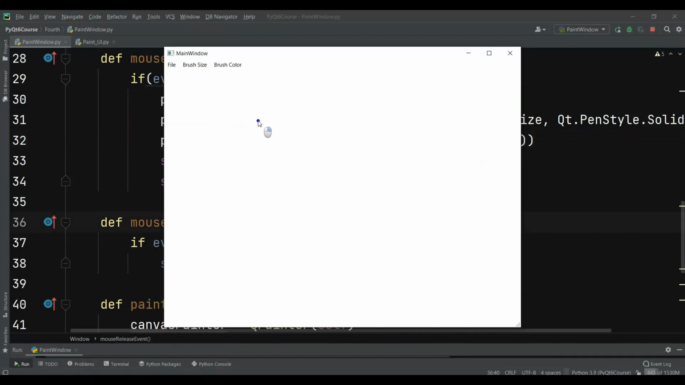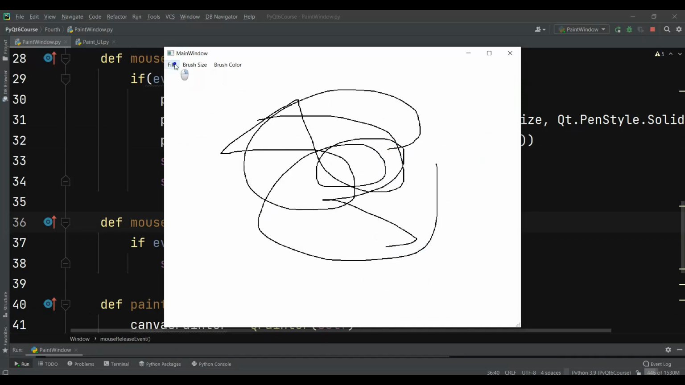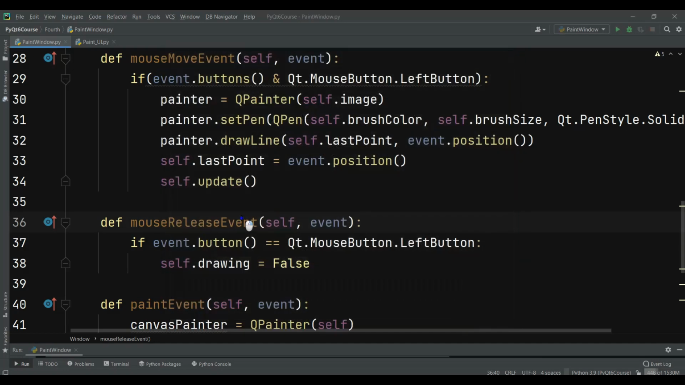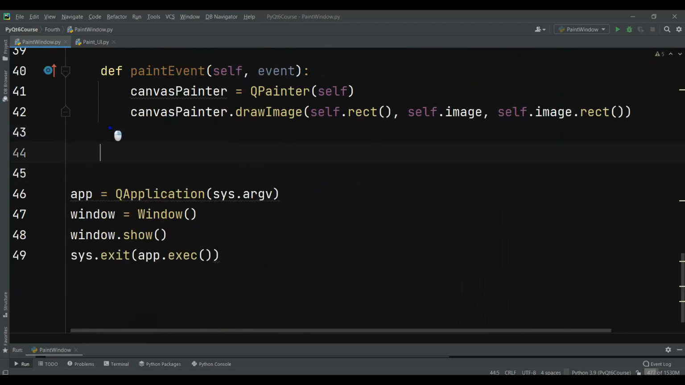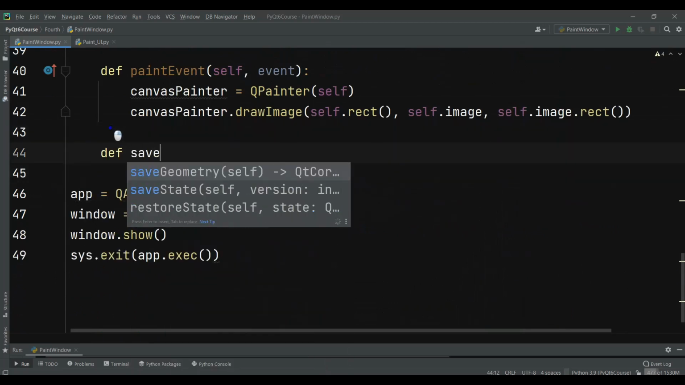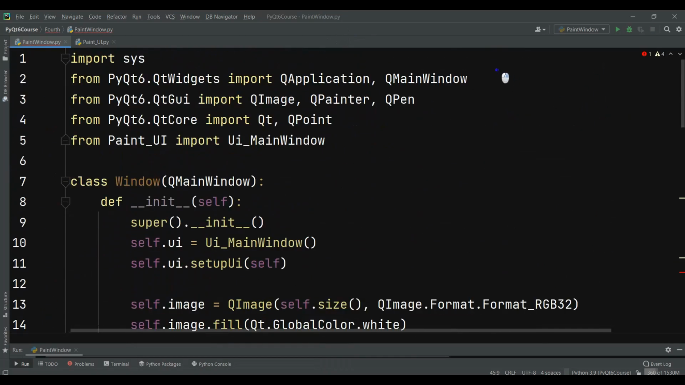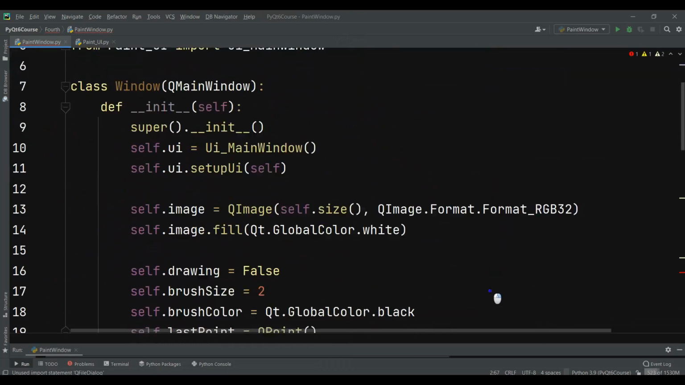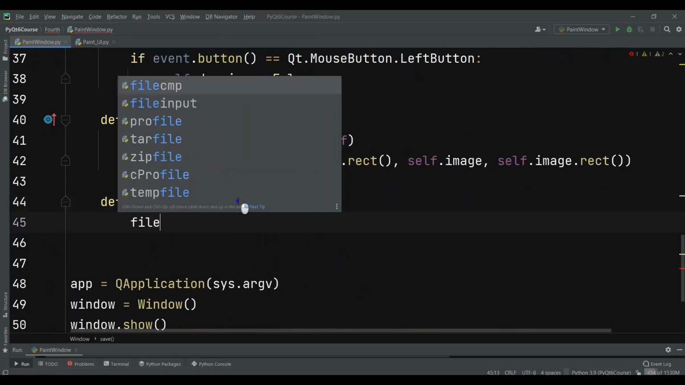In the previous lesson, we have worked on the drawing section, and you can see we can draw. Now let's work on these menu items. So first we want to work on save and also clear. For that, the first thing is that in here, I want to create my save method, and I can just say def save, and in here I want to import QFileDialog. So in here, I can just say QFileDialog, and let's just say file_path